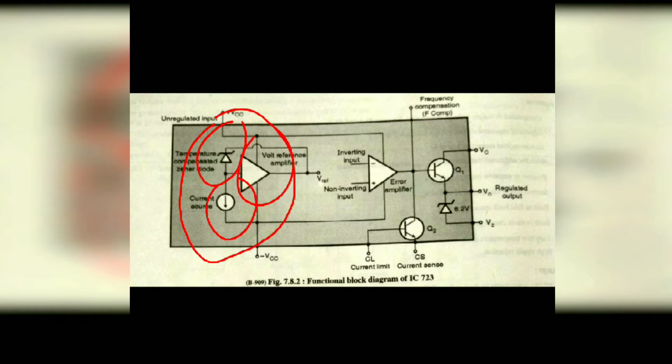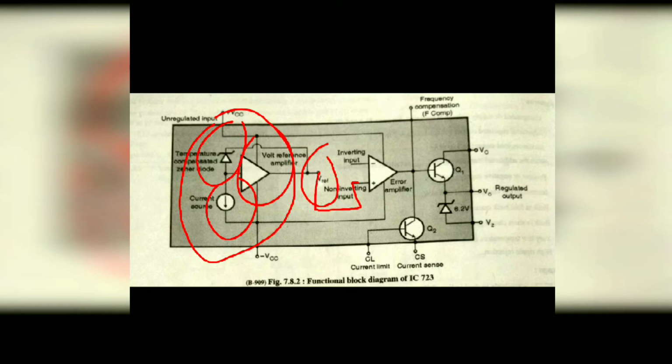Zener voltage is used to generate the fixed reference voltage internally. The constant current source will make the Zener diode operate at a fixed point. The internally generated reference voltage is 7 volt and it is applied to the non-inverting terminal of the error amplifier, as shown in the figure.